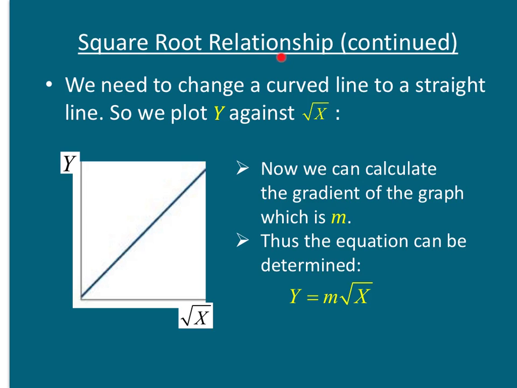Square root relationship continued. Once again, we need to change the curve into a straight line by plotting y versus square root x, and we get a straight line like this that goes through the origin. Once again, we draw a step like this to work out the gradient, rise over run, to give you gradient m, so it's m there. And then you just have to put m into the equation here,